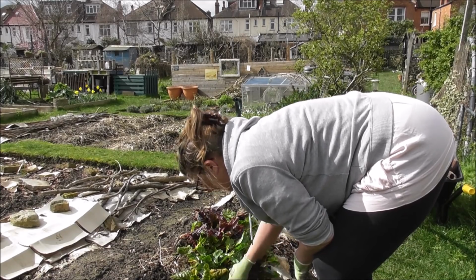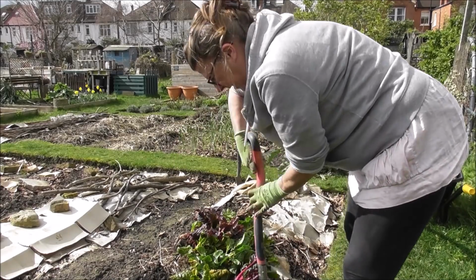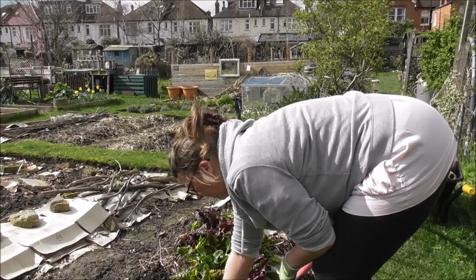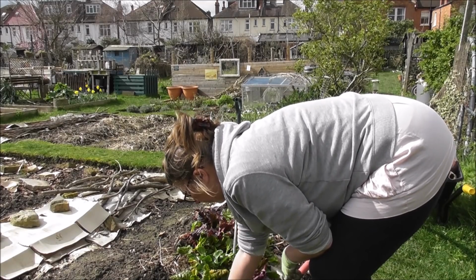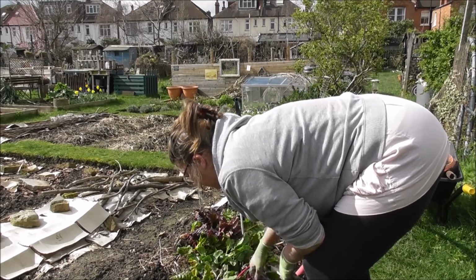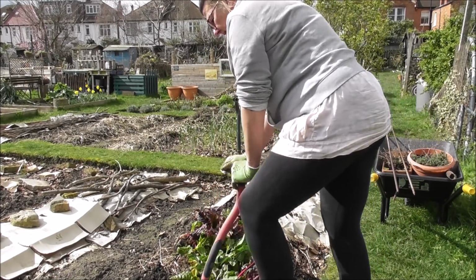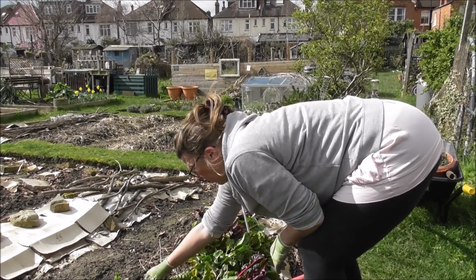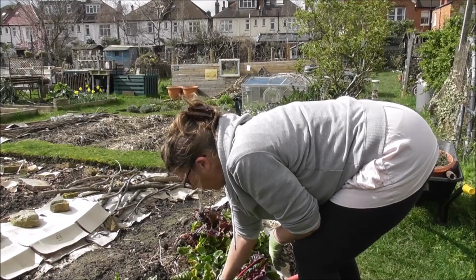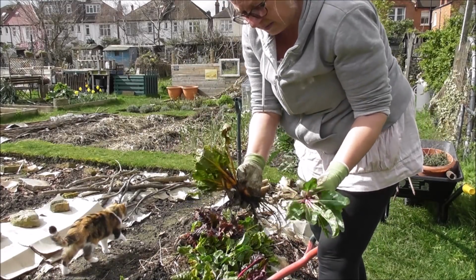Anyway, less chat, Vivi, more harvest. Gorgeous. Right, well, I'm going to carry on with this, get this all over up to the shed. I'll probably, until I'm ready to go home and actually cook something with these,